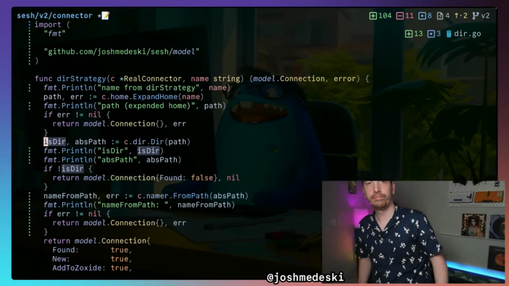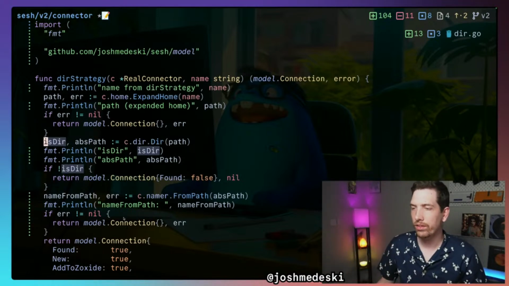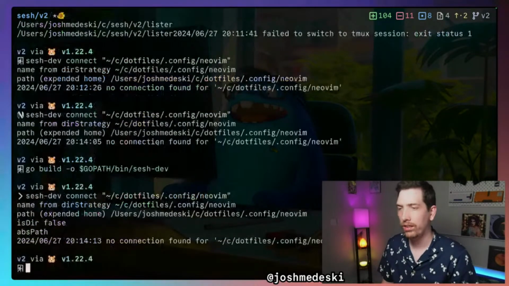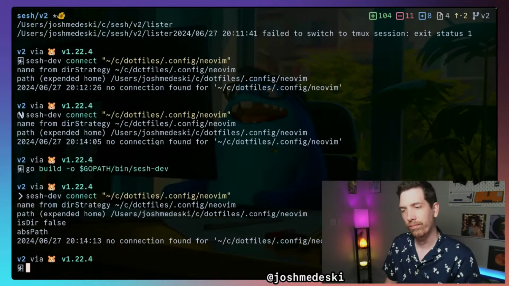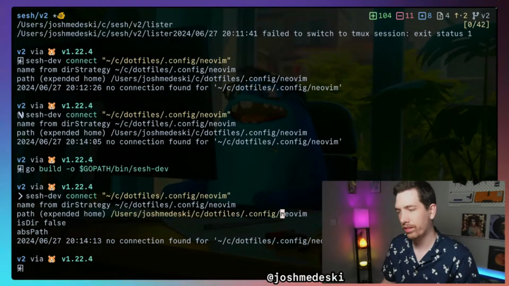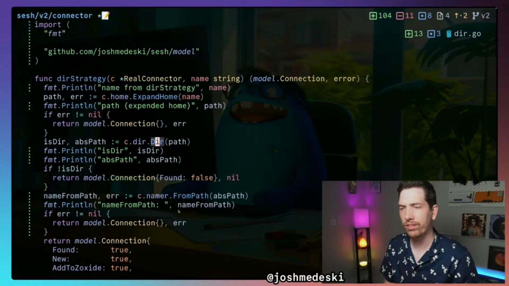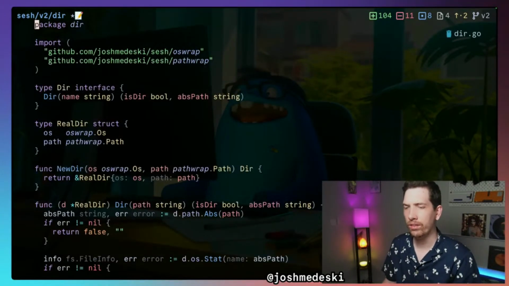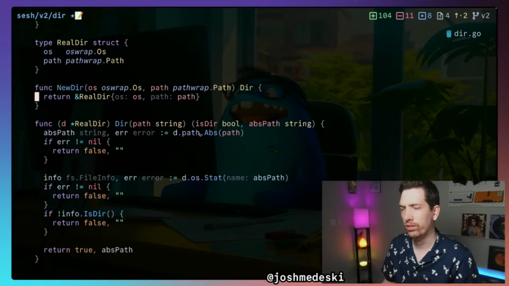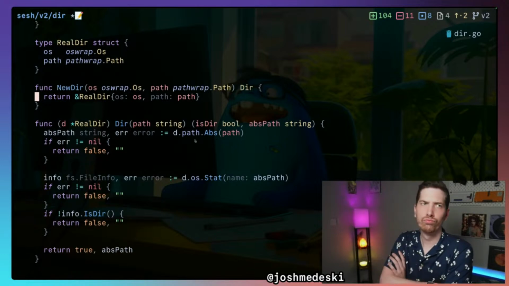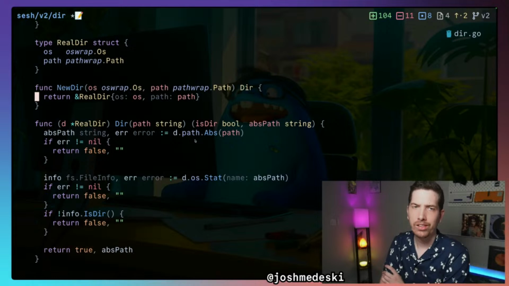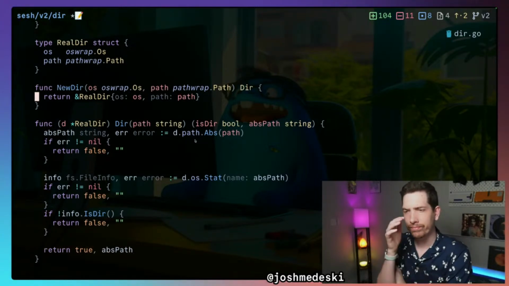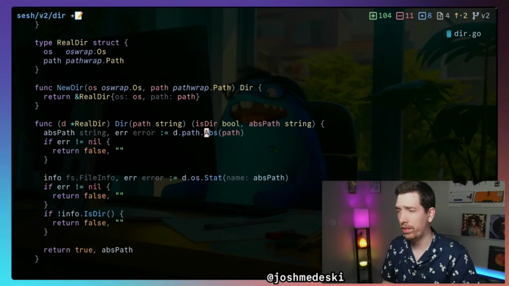All right, so this dir absolute path thing is returning false. Why would that be the case? Why would that be the case? What do you think, chat? Any ideas here? Why would this